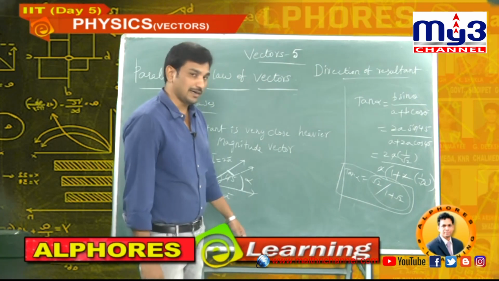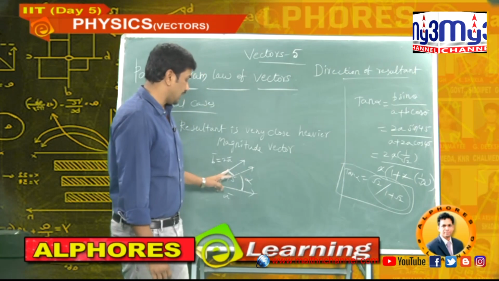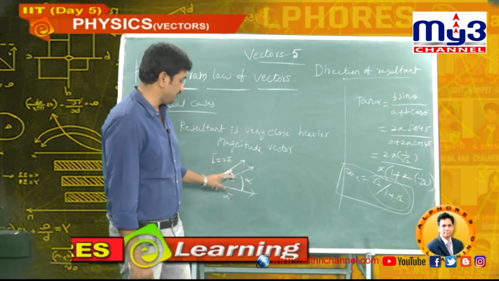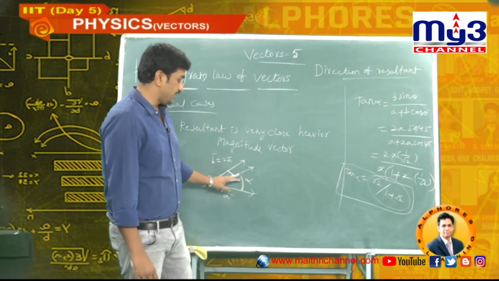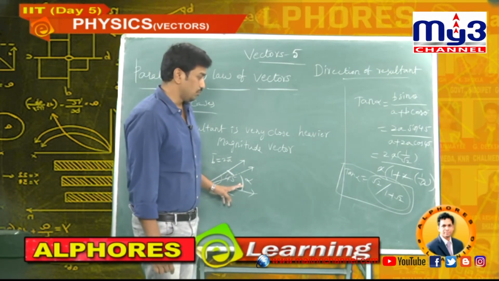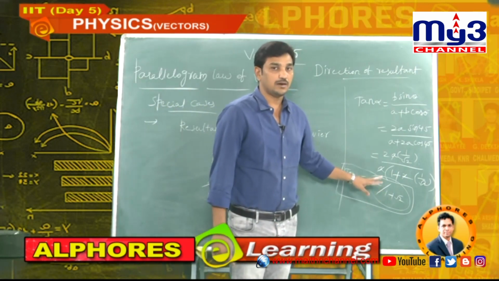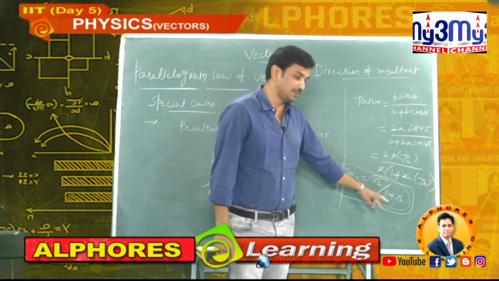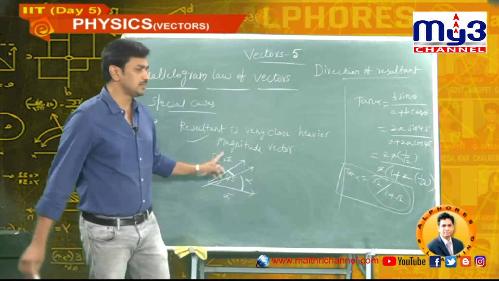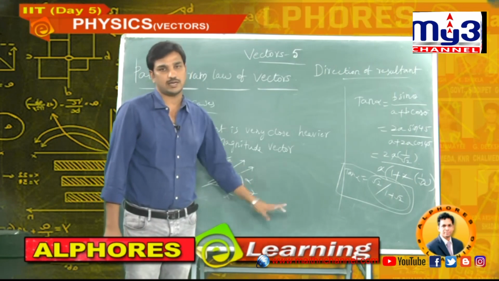So after seeing that logarithmic table, you can conclude that alpha is the bigger one and this is the smaller one, because the total is 45. Suppose I got this as 30, and this as 15. Yes, one is very far and one is very close, because it is 15 and that is 30. Understood my point? In this way we will calculate. Maybe the value is a bit different, we should solve it exactly, and definitely you can see that my statement is correct. Resultant is always very close to heavier magnitude vector.